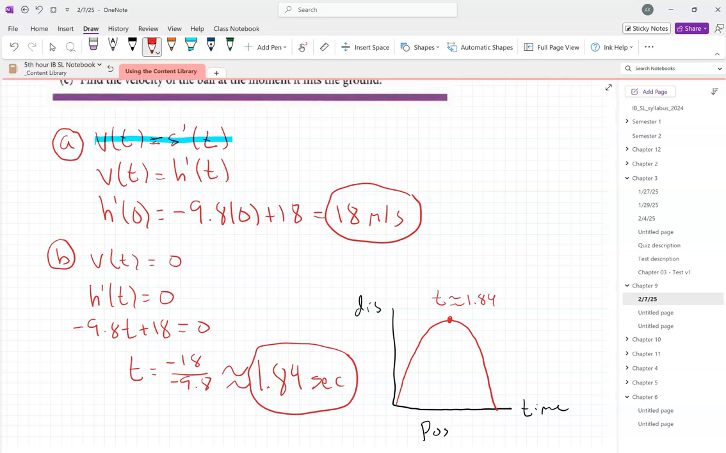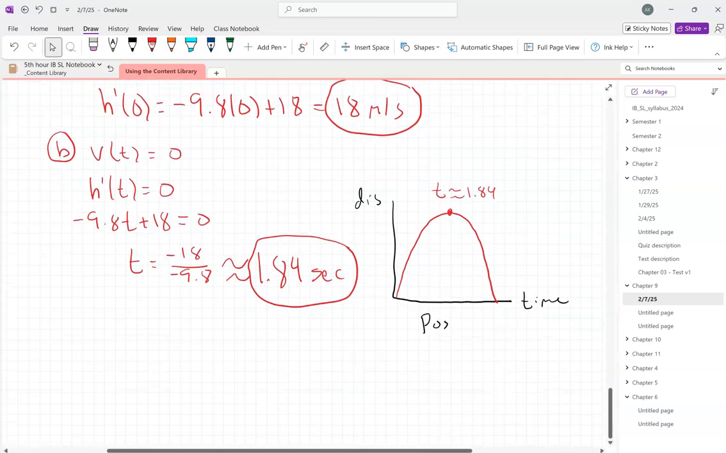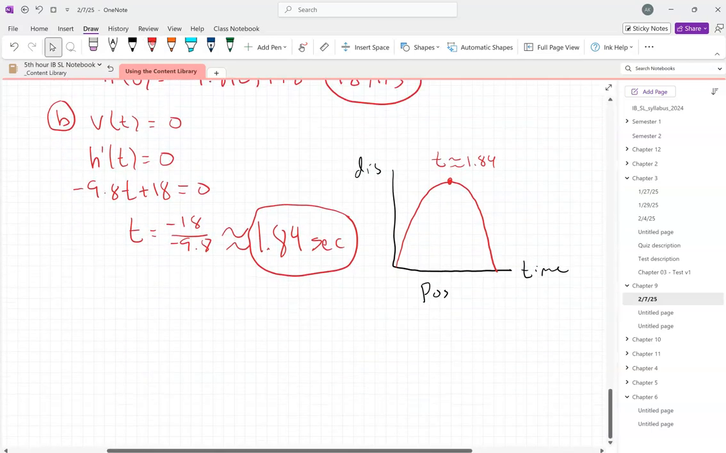V of t, that's the velocity. Correct. And then h of t is our position function. Yep. So h prime of t is our velocity function. h prime of t is the velocity, because velocity is the first derivative of position. And then it says find the velocity